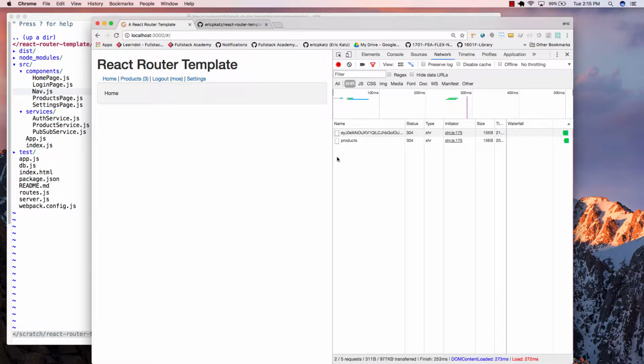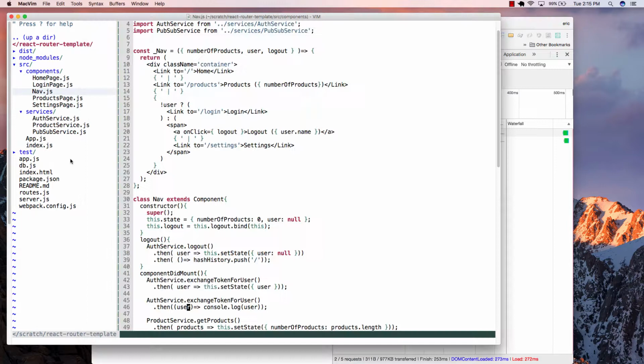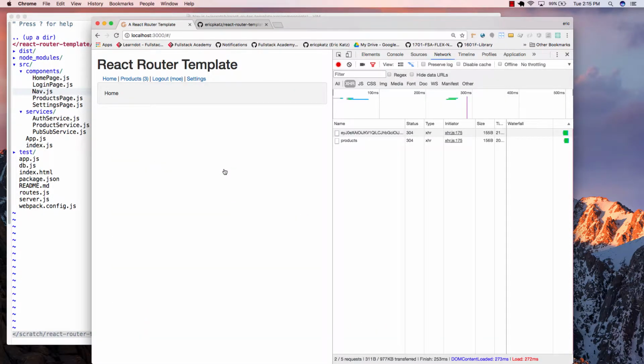so I do a hard reload, notice here, this is my call to exchange the token for the user. Notice it only ended up getting called once, but I still have my data here. In fact, I could call that really as many times as I want to. And again, if it's a satisfied promise, and I go back over here,